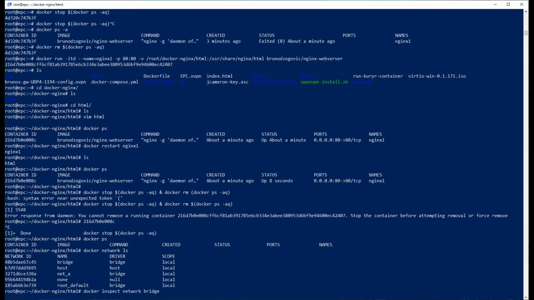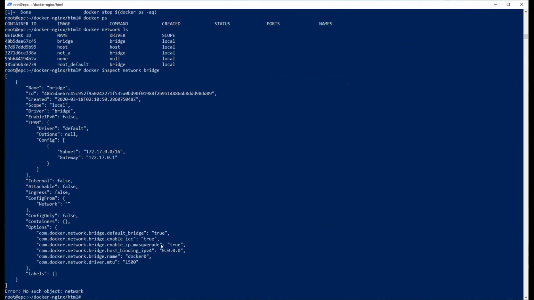It should give some attributes for this network. Takes some time, but fine. So it tells that the bridge has an ID. It's created sometime, wherever it is, from restarting the daemon last time.